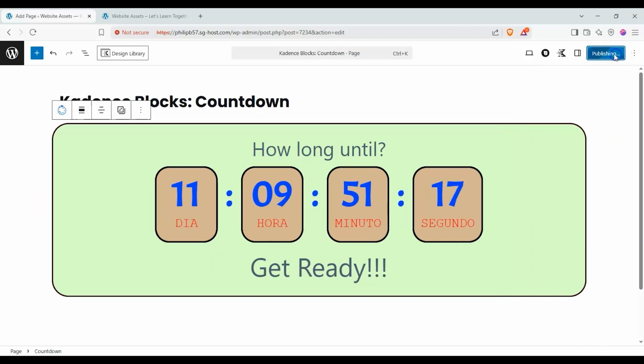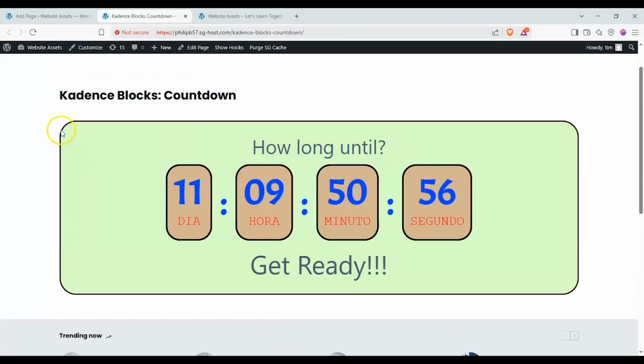So let's go ahead and click on publish and take a look at our finished product on the live site. With that done saving, let's go ahead and click on view live page. And here is our countdown block